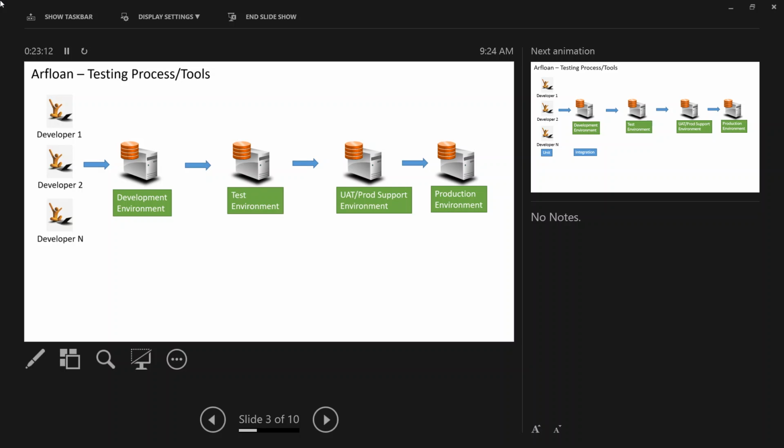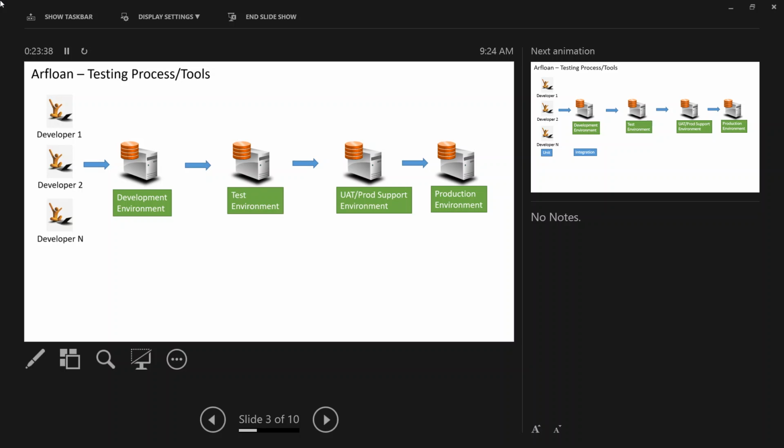But we know companies like Nationwide might have a minimum of 4 environments, okay? And production is production, right? Our goal is to start with the development and get the code into production. This is where the business users will be using it. Everything up to here is the IT team, with no business users other than doing the testing here.